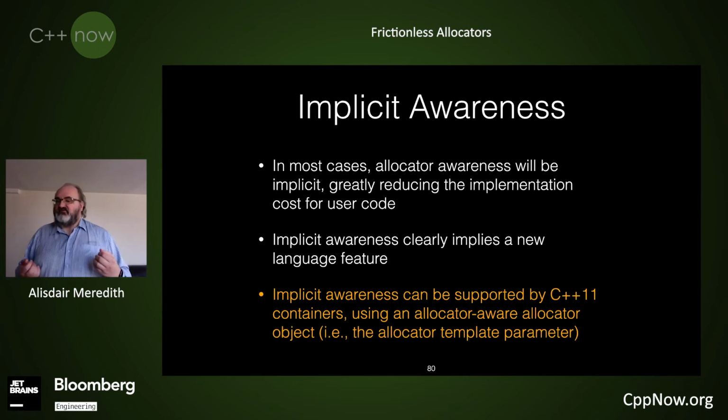We played around with it. In principle, I could have a PMR2 allocator that is my allocator-aware type, and now my standard container is allocator aware for free. And with a bit of clever finagling over the syntax, you could potentially port this into the existing standard library. I'm not clear that it works as seamlessly, and doesn't end up with more gotchas than we expect. So I've got it in big flashing orange saying we could do this. I'm not sure the experiment goes quite as well as we might like.